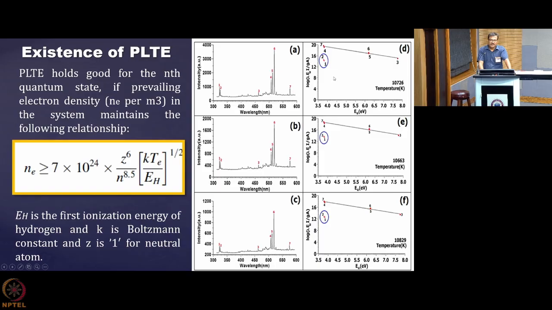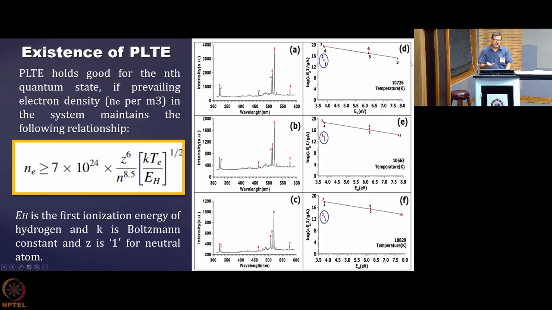But when you go to the lower lying states, see the energy is coming down over here, and you see these wavelengths. So what are these? This 1 and 2, and these are the 1 and 2. What you are seeing here, no? These are 1 and 2. These two lines correspond to these two points in the Boltzmann plot, and they are not actually falling as per the Boltzmann plot.